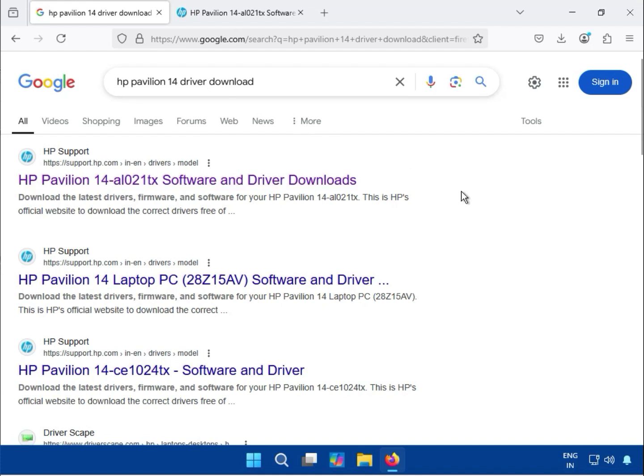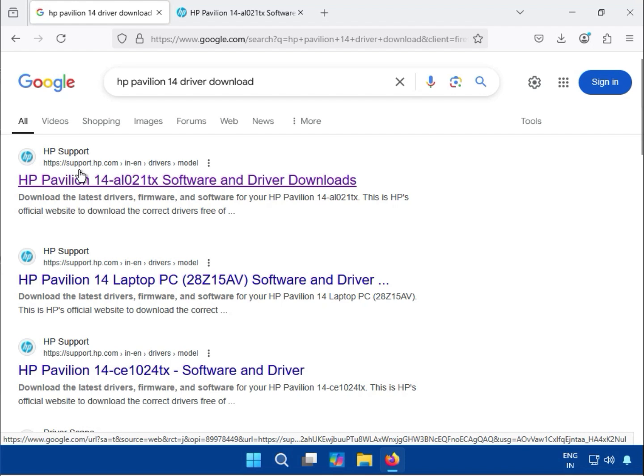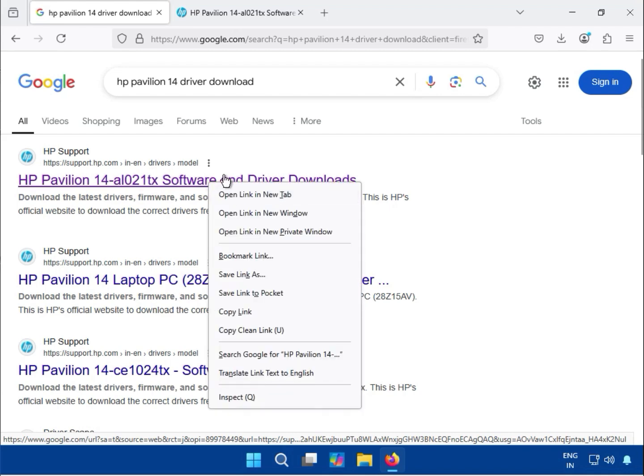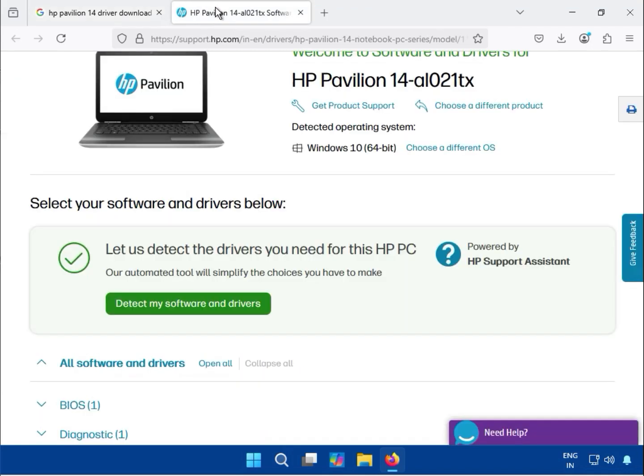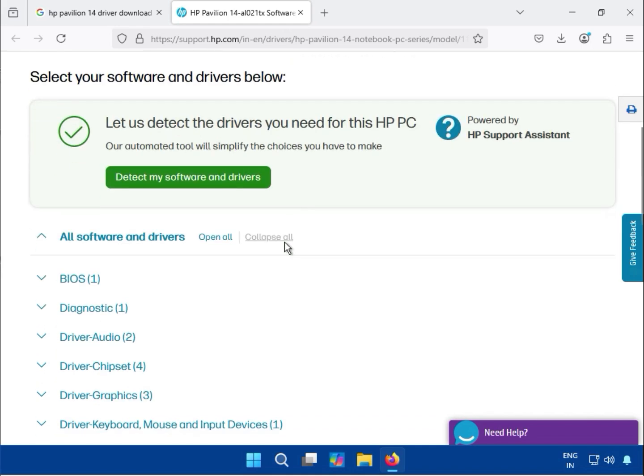So open any browser and search as it is same to Google search box. So this is the official website for the download driver of HP devices, support.hp.com and driver model. So just right click to open new tab and you have come to this website,